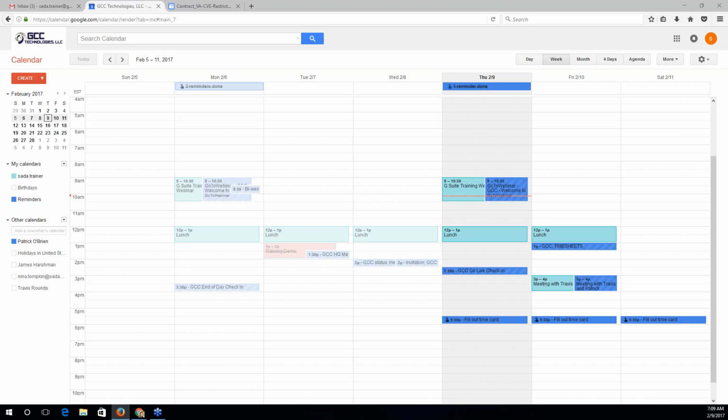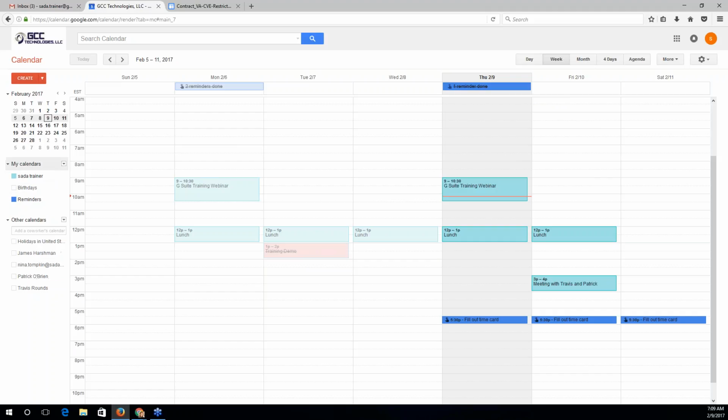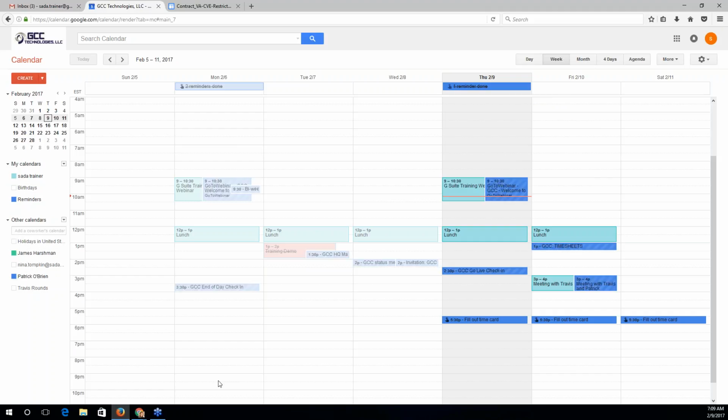So the workaround is, let's see. Okay, so from your personal account, this is a bit of a tangent from work-related things, but let's say that you are on your personal calendar. Let's pretend this is your personal Gmail, and then these are your kids' calendars, which you can typically view.